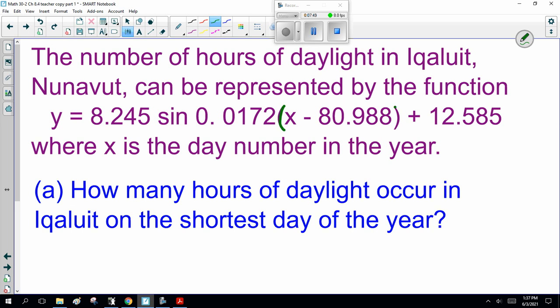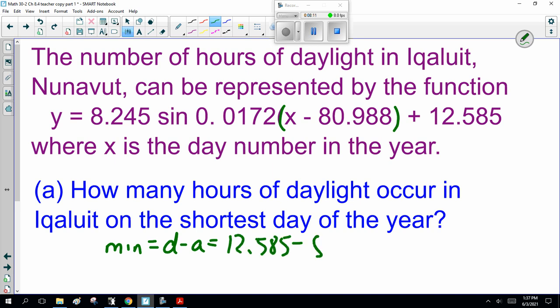The brackets here, leave it like that for the moment. When you're graphing, it's a math 30-1 thing. Just leave the bracket there. How many hours of daylight occur in Iqaluit on the shortest day of the year? That is the more important question. This is the minimum. That's D minus A, which is 12.585